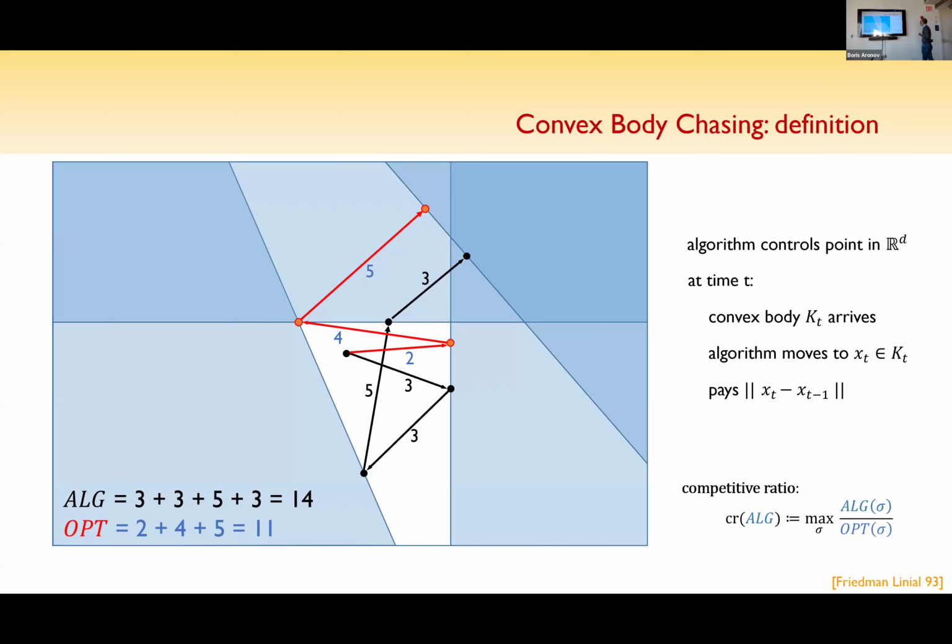Yep. So this is called the competitive ratio. The competitive ratio of an algorithm is the cost of your algorithm to the optimum cost. Of course, you are paying no less than the optimum, because it's the optimum. And you're looking at the worst-case possible input sequence. Okay, so that's the problem, and you want an algorithm with small competitive ratio.